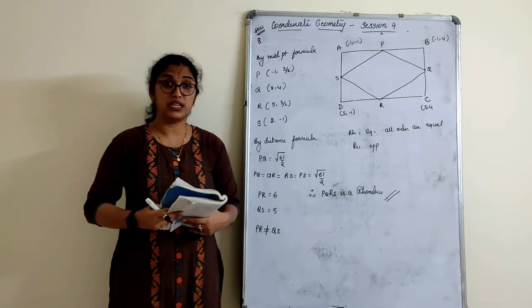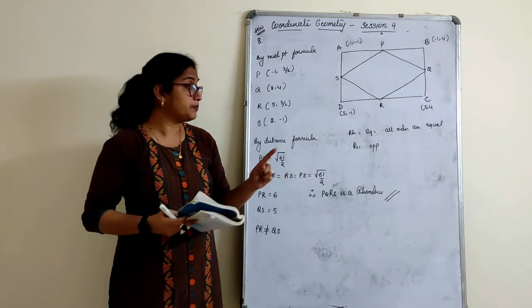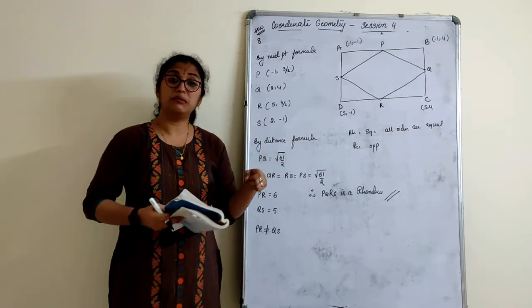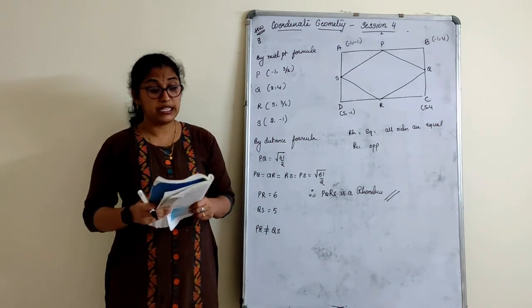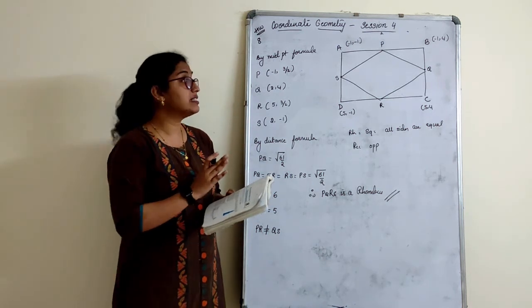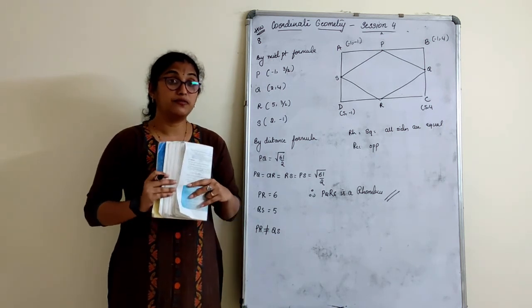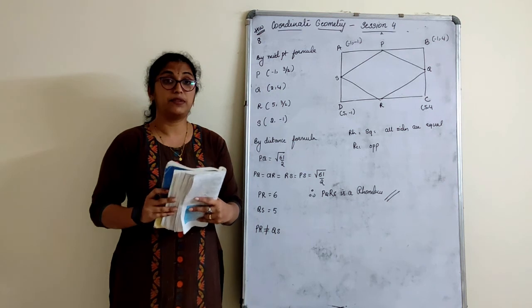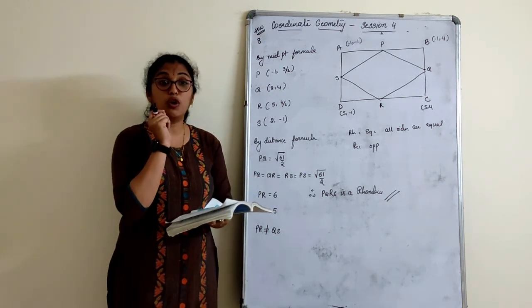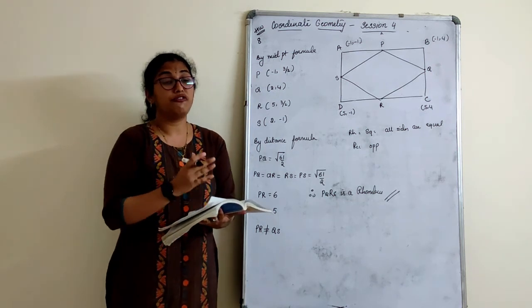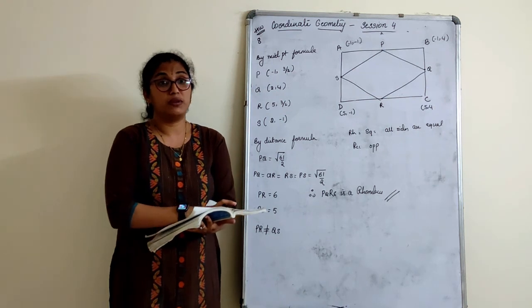Exercises with 3 formulas: how to find the area of a triangle with the coordinates, the section formula, in that only the midpoint formula, and the distance formula. Applications of that, you've seen those different types of numericals, sums in the optional exercise. So please also practice the worked examples given in this chapter, more and more, so that you will have exposure to all the types of sums, how to solve any different type of sum you have. You can apply any of these, whichever formulas are required, and solve it.